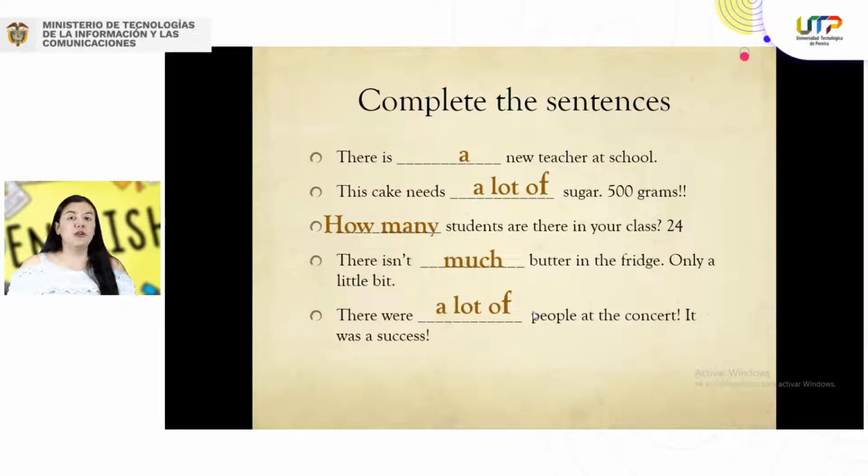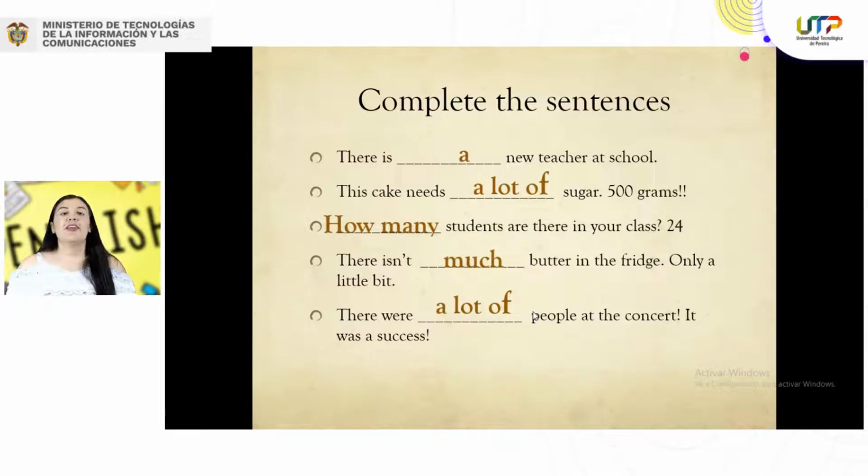It's just that we use many. In most of the cases, it is most common to use many when we're making negative sentences, okay? But it doesn't mean that it is incorrect, okay? It's just that it is more common to use many with negative sentences, not with affirmative sentences, all right? Very good. So a lot of people at the concert. Nice. So, my dear students,